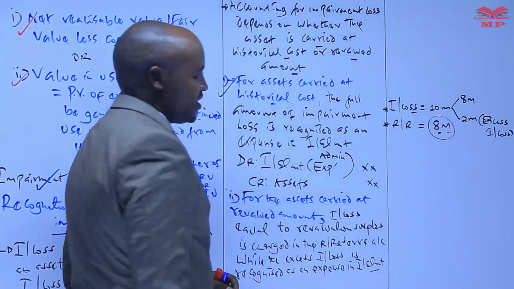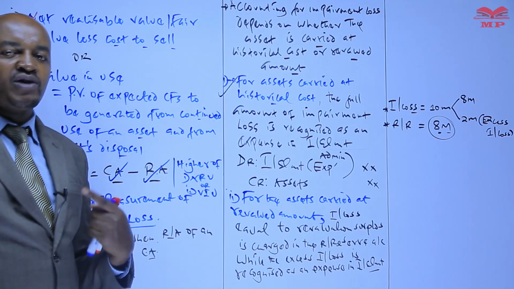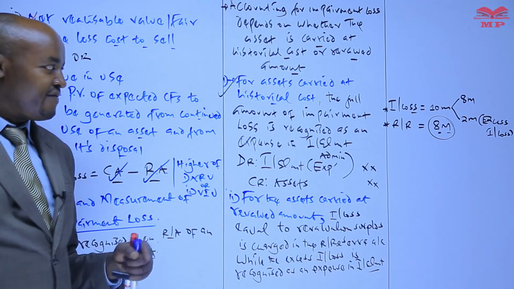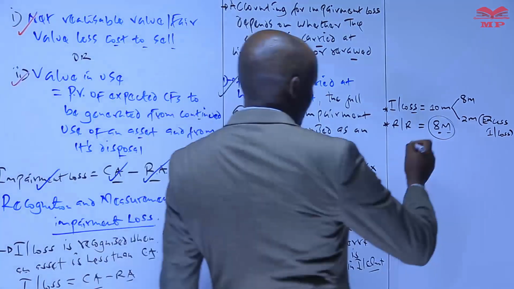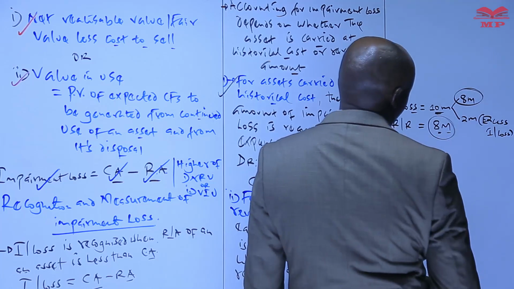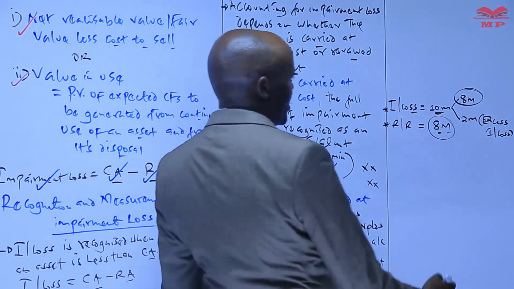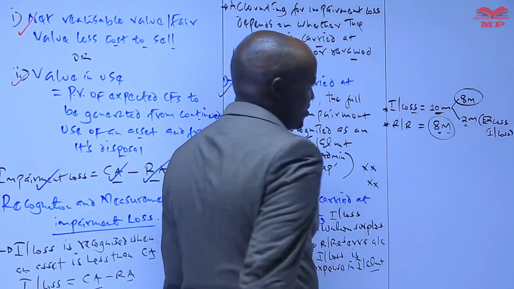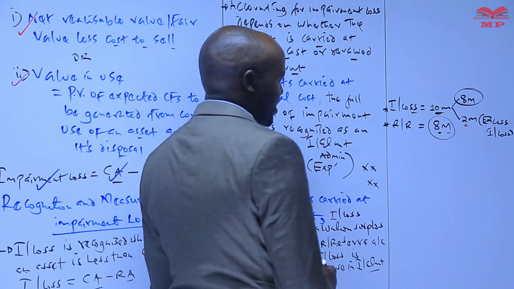And during the current financial year, an impairment review has been carried out, and the asset is found to be impaired by 10 million, which is the difference between the carrying amount and the recoverable amount. So what you have said is that in terms of how we account for this impairment loss of 10 million, an amount of 8 million will be charged to the revaluation reserve account, whereas an impairment loss equal to 2 million, which is the excess impairment loss, is what we take to the income